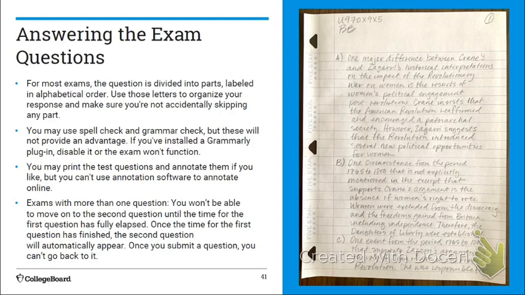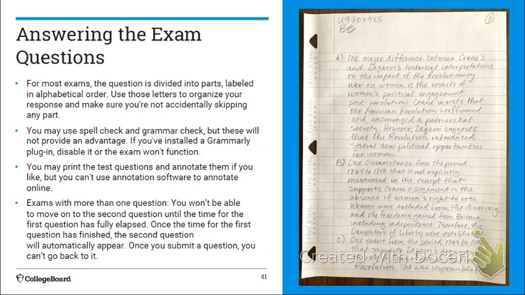You don't need to use spell check or grammar check or anything like that. You won't be penalized if you have improper grammar or you misspell a word. If you are handwriting or typing your answers, again, just like this person's sheet has parts A, B, C organized up in the right-hand corner. They have the question number 1. This person has written their AP ID at the top of the page and their initials. That's a good idea. Okay.